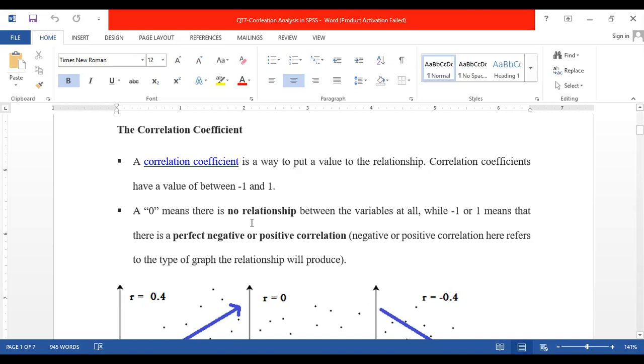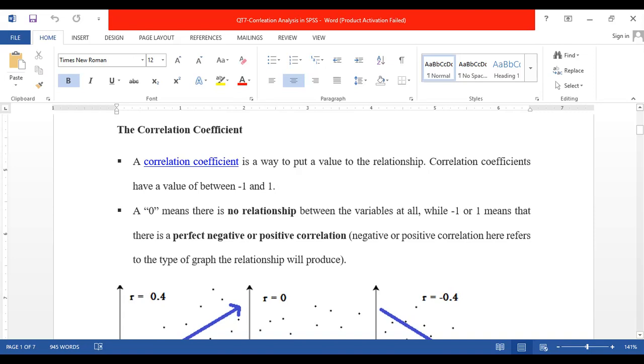Once the outcome becomes 0, it shows that there is no relationship between the variables at all. However, -1 or +1 means there is a perfect negative correlation or a perfect positive correlation.